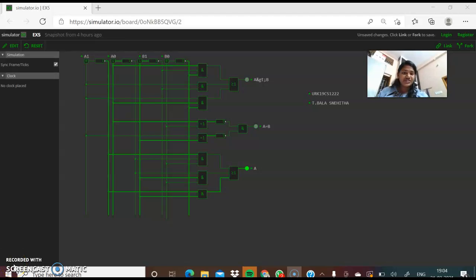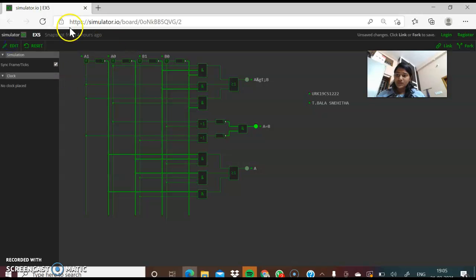My registration number is YOK19CS1222, and today my topic is about design, implementation and verification of magnitude comparators, and this is known as a 4-bit magnitude comparator, and these three are known as comparison outputs, where